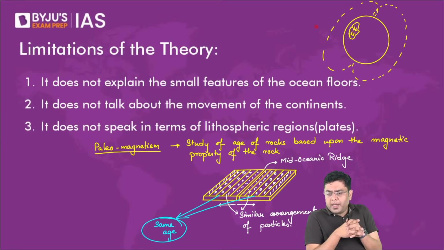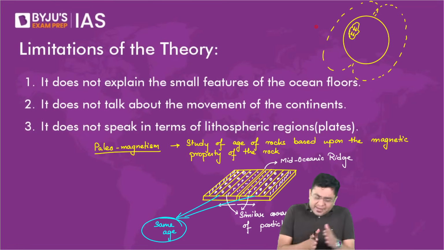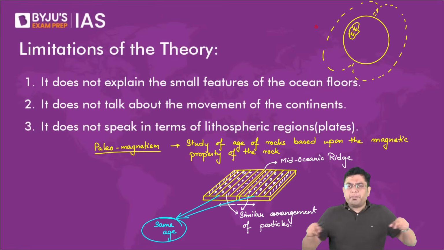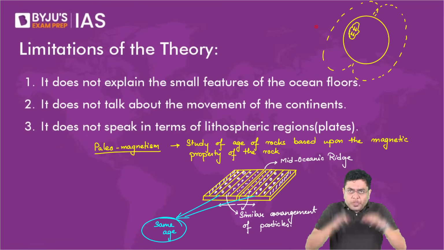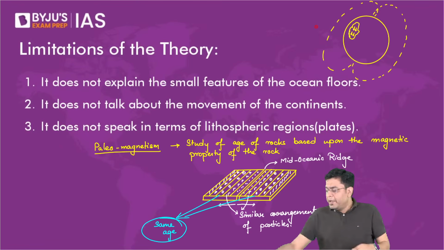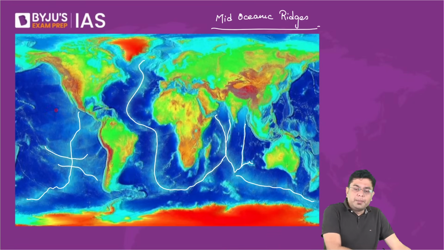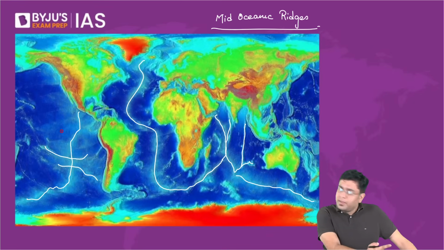And why are mid-oceanic ridges in the middle? They are not necessarily always in the middle, but as the seafloor tends to expand, automatically on both sides it will expand. So eventually, after millions of years, you will find them in the middle. For example, observe the mid-oceanic ridge here. Is it in the middle of the Pacific? It is not. This is referred to as the East Pacific Rise or the Chilean Rise or the Chilean Ridge. They are not in the middle of the ocean.